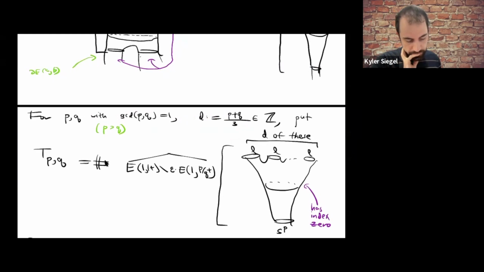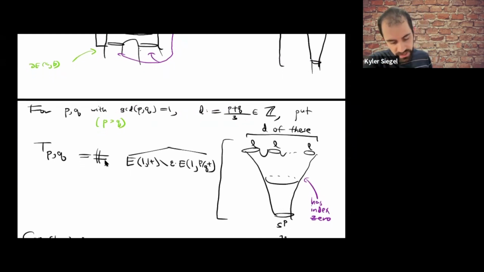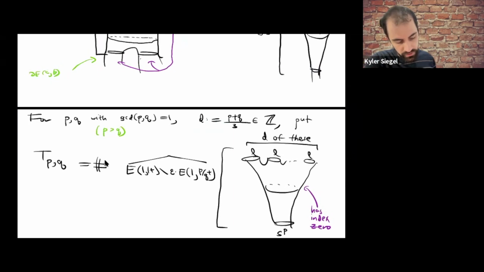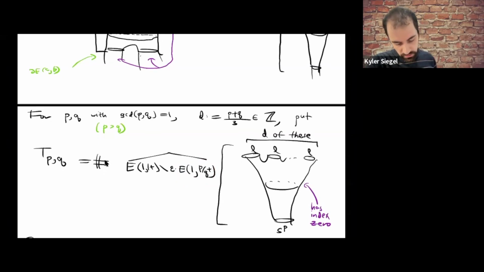And then you can look at the following count of curves. So the top boundary is just the ball, or maybe a slight perturbation of the round ball. So I'll just say E1 plus, and then the bottom end is E1 PQ. And then you can consider the following